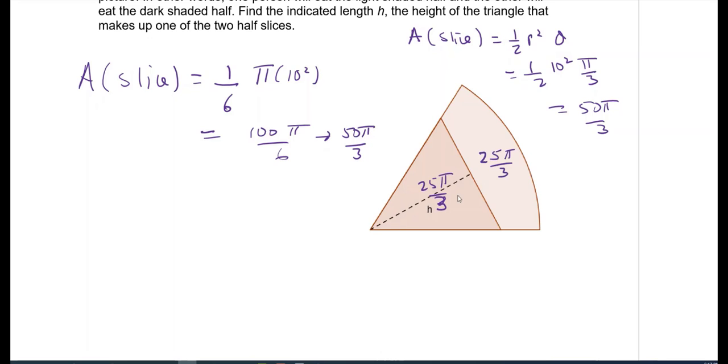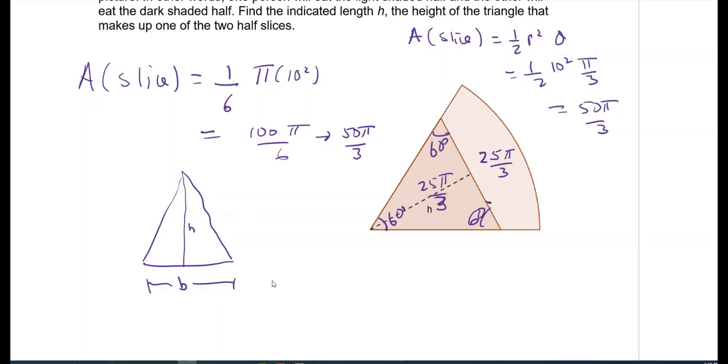So we look at this triangle here. Now we have a triangle, and it happens to be an equilateral triangle, if you think about it, because this angle is 60 degrees, and these two sides have to be the same. So that has to be 60, and that has to be 60. So you've got an equilateral triangle here, and this is the height of the equilateral triangle, and this is its base from here to here, and this is its height, and we know the area equals 1/2 the base times